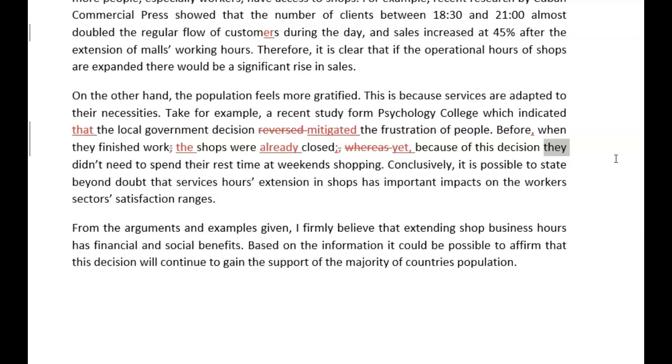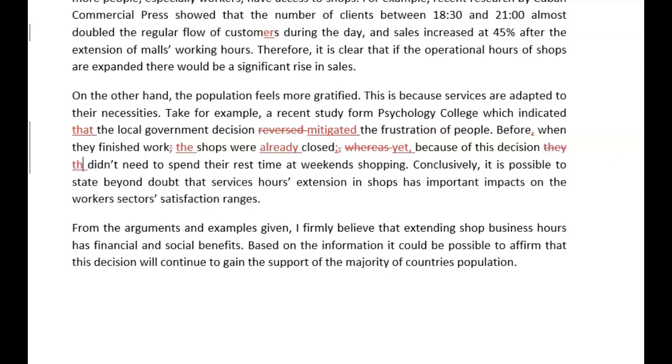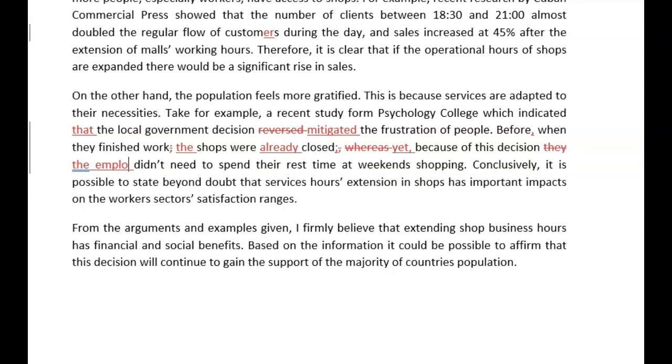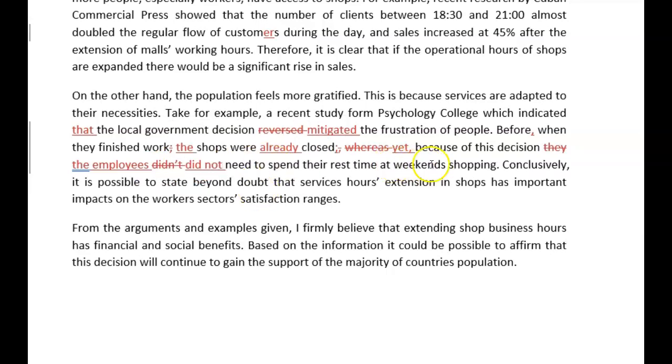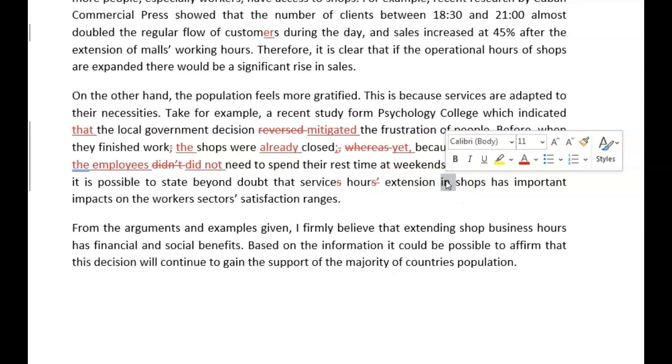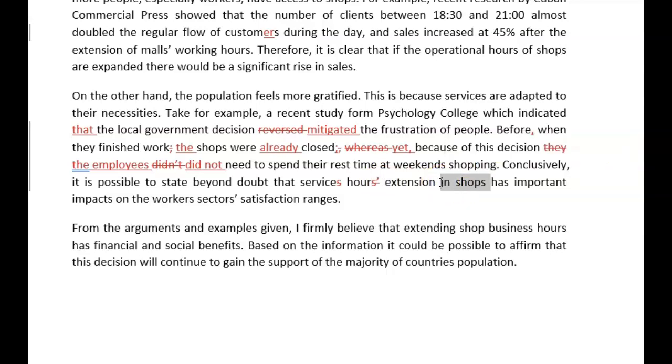employees did not, and you really need to use the full form, did not need to spend their rest time at weekends shopping. Okay, conclusively, it is possible to state beyond doubt that service hour extension, I wouldn't even use in shops here, has had, the result, present perfect, has had important impact on the workers' sectors,